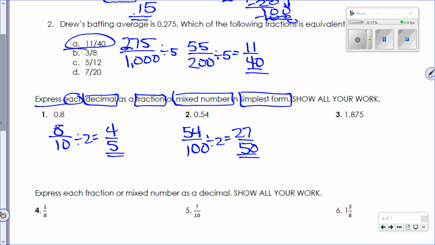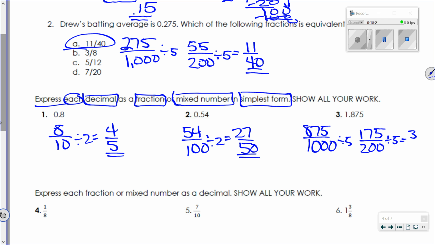Say it, 1 and 875 thousandths. Write it, 875 thousandths. Again, I don't worry about the whole number because it is not going to change. Simplify it. Divide by 5. It's going to give me 175 over 200. Divide by 5 again. It's going to get me